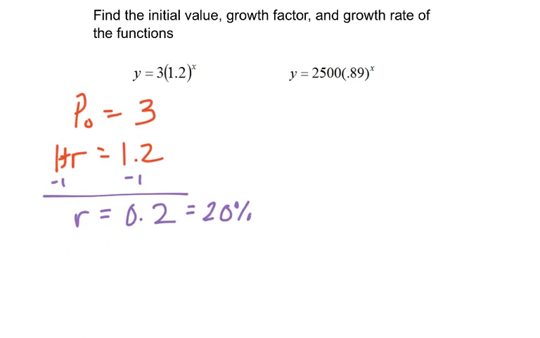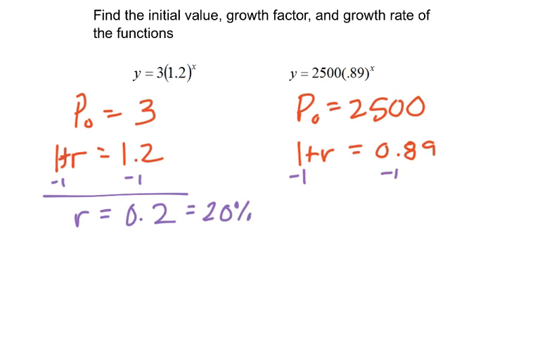Alright, and then the next one we do the same idea, only now they're saying it's starting with 2,500, whatever of the item it is. 1 plus r is going to be 0.89. And so in order to get the r by itself, we subtract a 1, and we realize that our rate